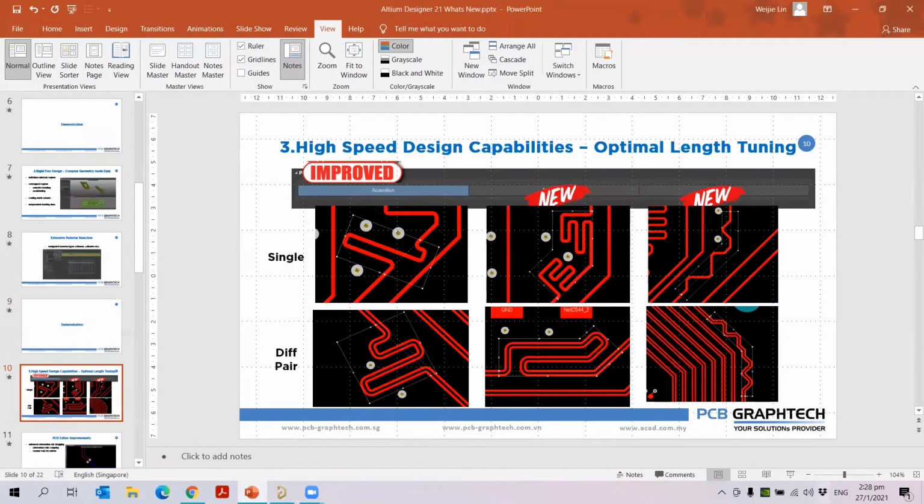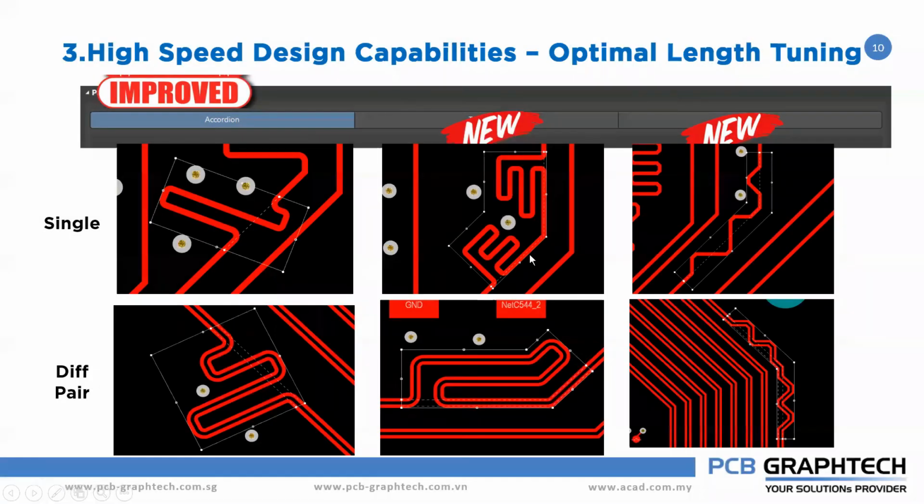So the next topic is about your high-speed design capabilities. Here in high-speed design, the main thing is that the switching rise time and fall time are very fast. Due to that, the shorter time makes the design more critical, because the time period is very short. So to avoid this, we go for length tuning by adding accordions.